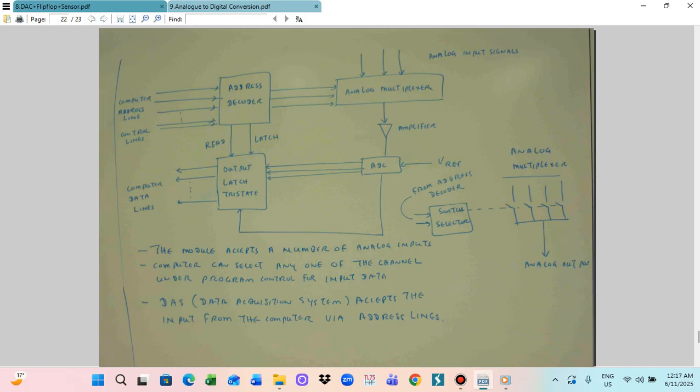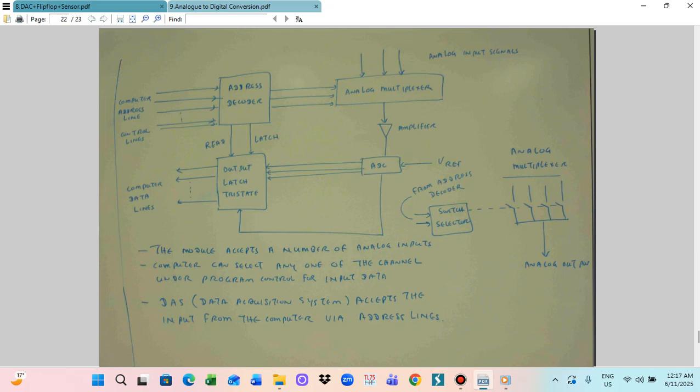This switch selector selects the analog input, and it is connected from the address decoder. So we use the analog address decoder so that this switch can select the data and put it onto the